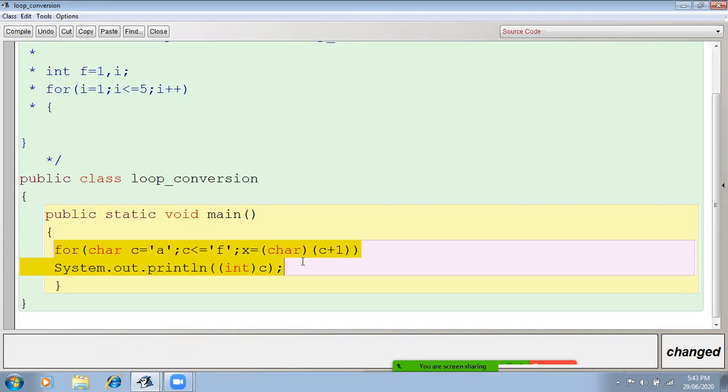Basically, what we have to do for that, we must know the syntax of the loop. All three types of loop, we know the syntax. In all three types of loop, we are having four statements. Okay, first statement is initialization, second test condition, third body of loop, fourth is updation.